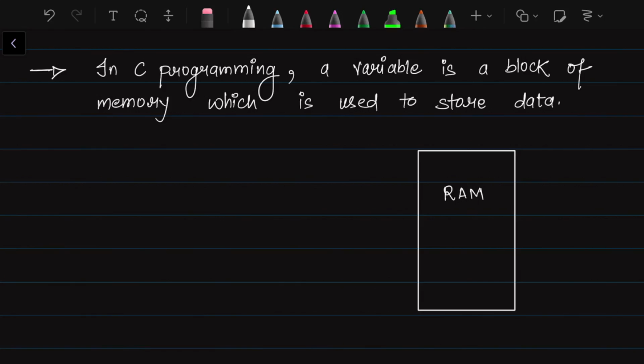As you might be aware, there is a small piece of memory that we call RAM, which is present in our CPU. RAM means random access memory. It's a volatile memory, which means that when you shut down your computer, whatever you stored in RAM is going to get destroyed. Okay. So every variable that you create in the C programming language is basically a block,